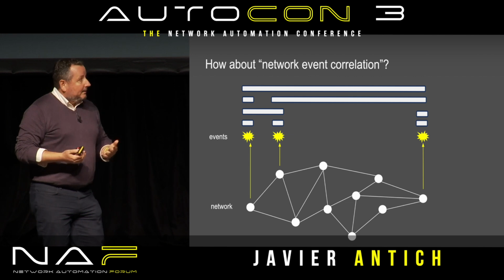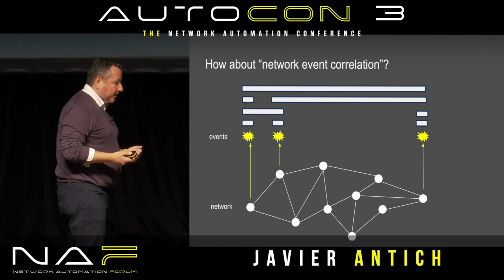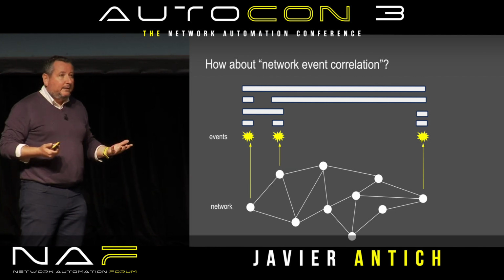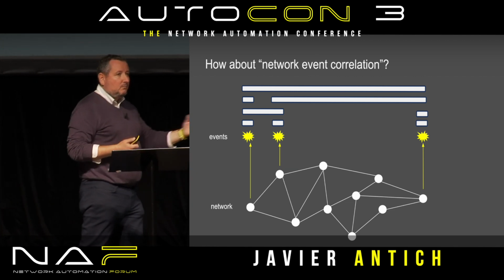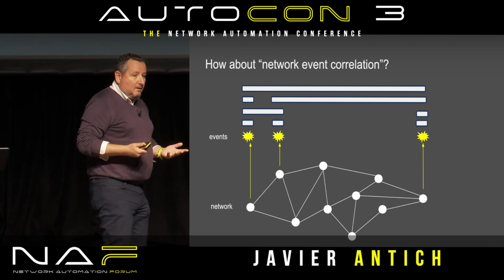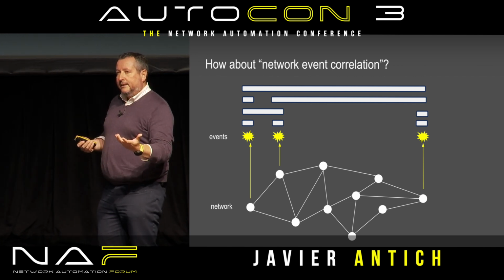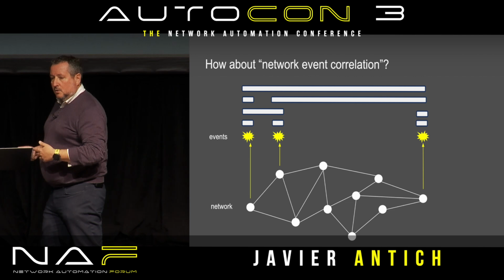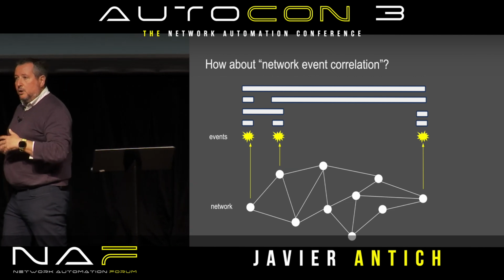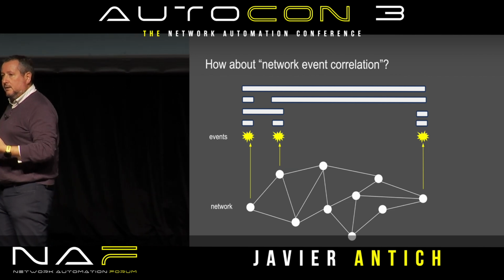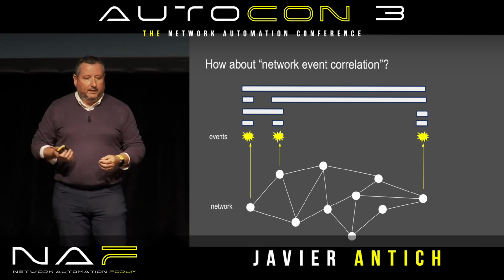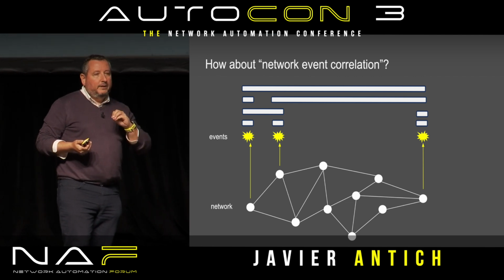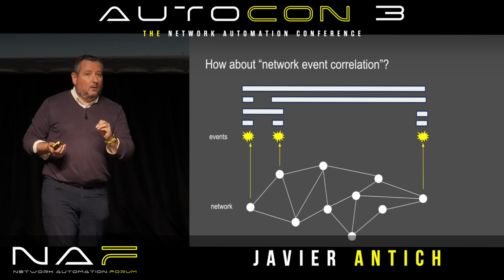In this example, let's say we have 3 events that happened. Are they related in some way, or are they independent? Perhaps there are 3 different failures that happened in different places. That's fine. But it could well be that 2 of them are related, are connected, and maybe one of them is independent and happens somewhere else. Or maybe it's the other way around, or maybe all 3 belong to a common incident, even though they happen in different places in the network, and that's very common. So that's what we need to answer, hopefully with high quality.